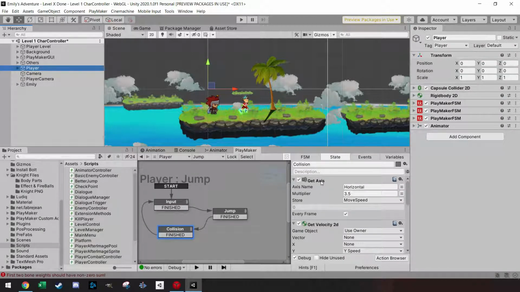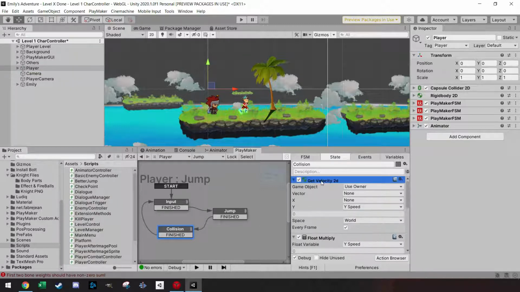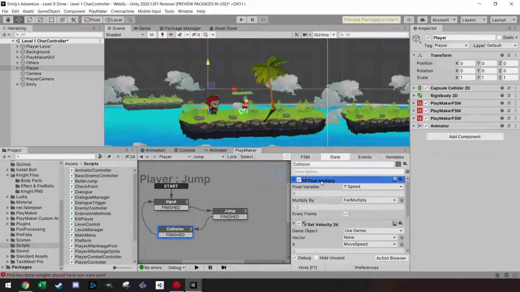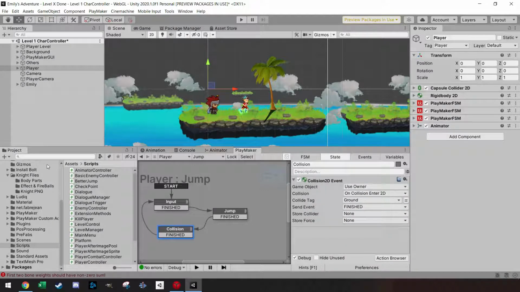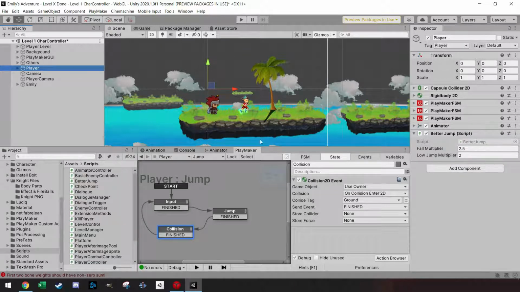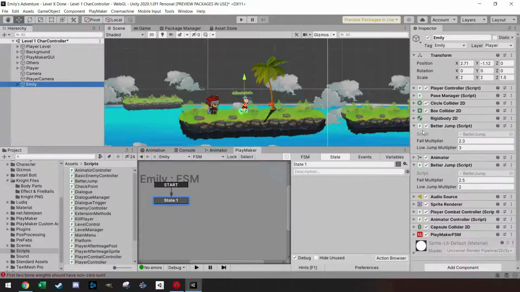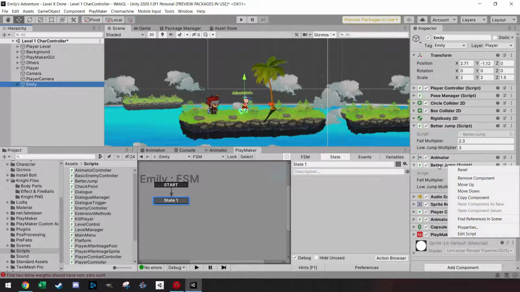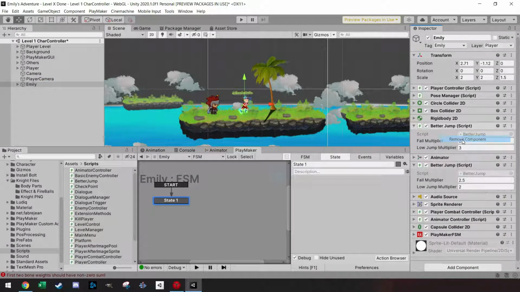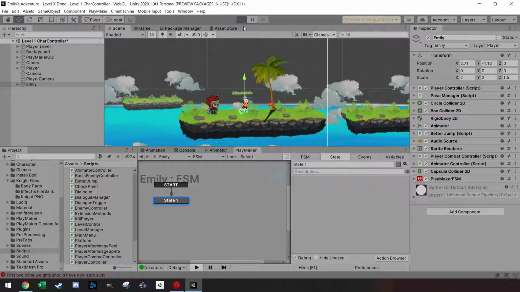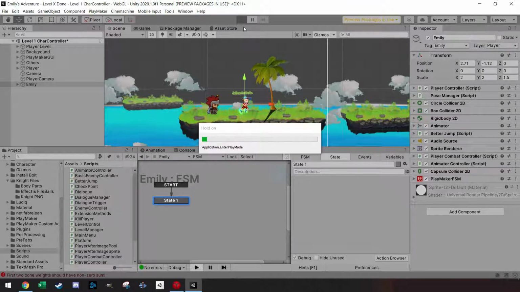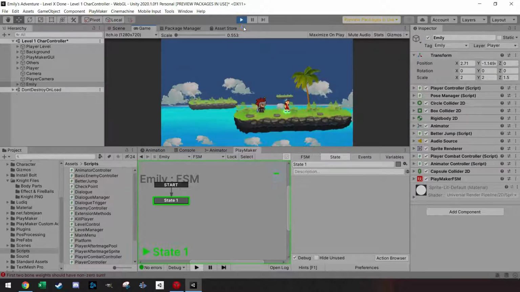So instead of doing now all these topics, we just have the floaty one, and I'm just going to add here the better jump script. Just going to leave it the same and remove here one. Why does it have two? That's kind of interesting. So they're now the same. And if we now have a look here, just by adding these 2 lines of code,